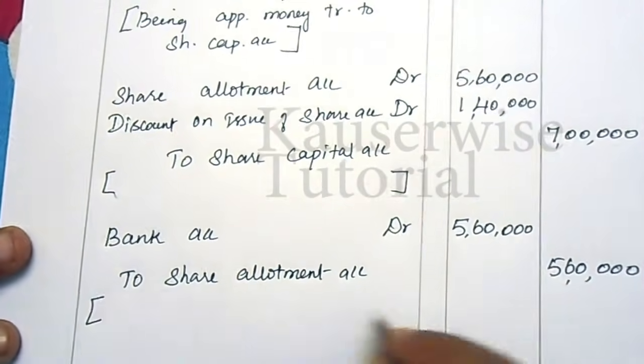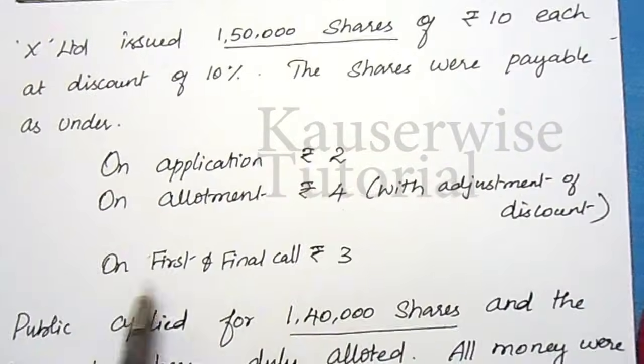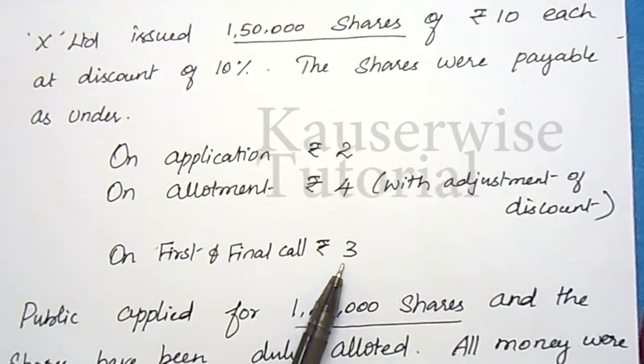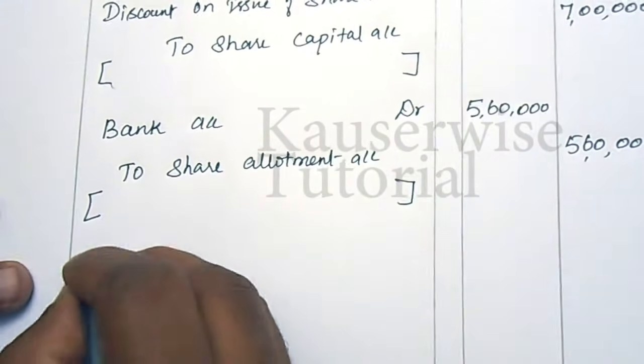5,60,000 being allotment money received. Then next one is, look at the problem. First and final call. How much? 3 rupees. First you have to make due entry. Entry for the transaction is share